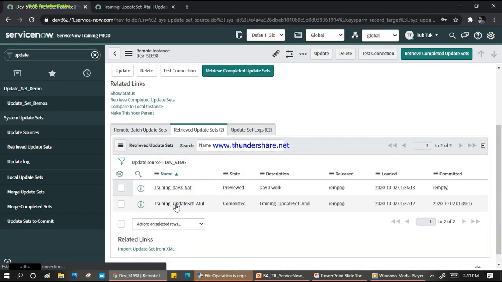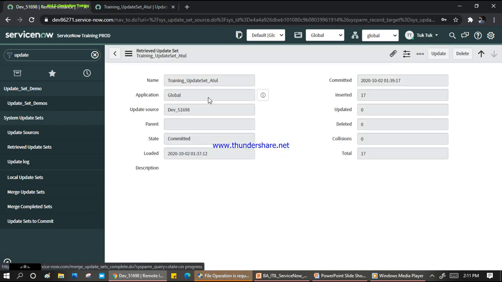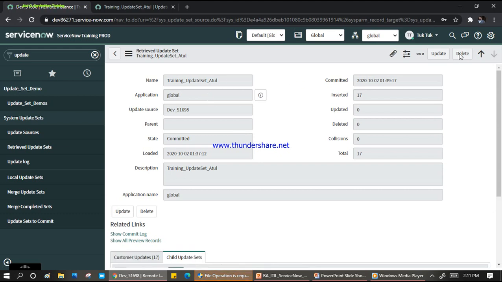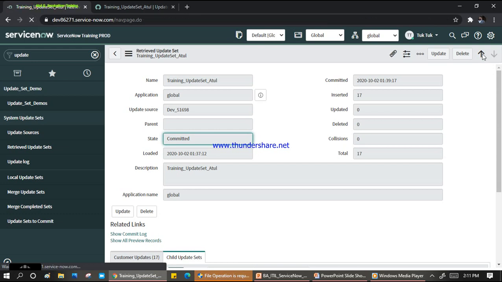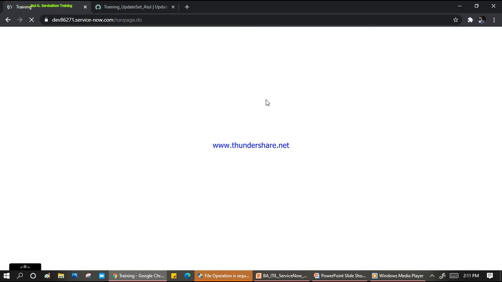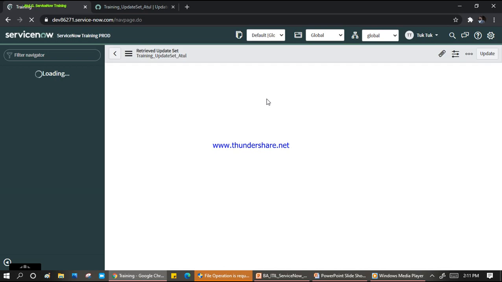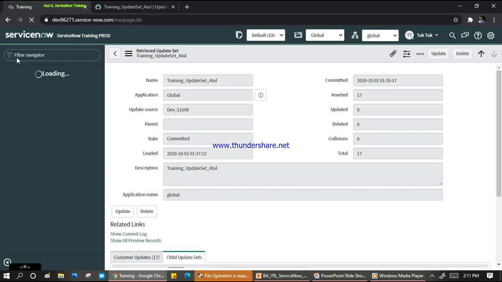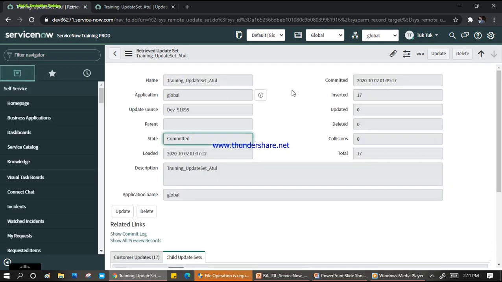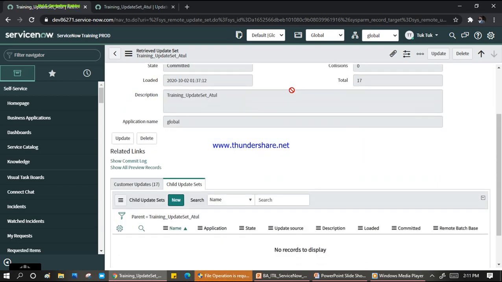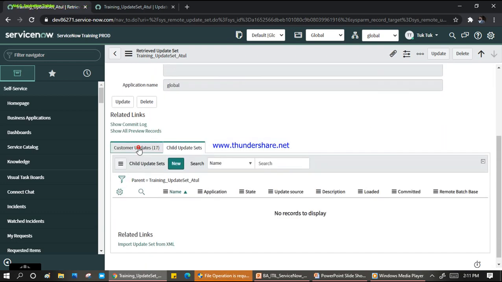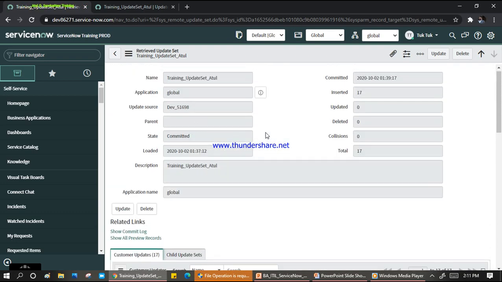Let's see. Okay, it's not showing. Let me refresh my page. The backout button will appear here now so that I can show you. Okay, still it's not there. It's committed, fine, that's fine. My changes are there, right?